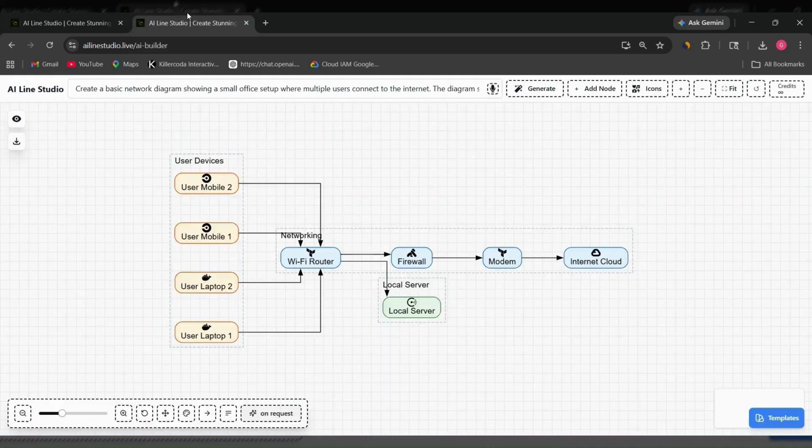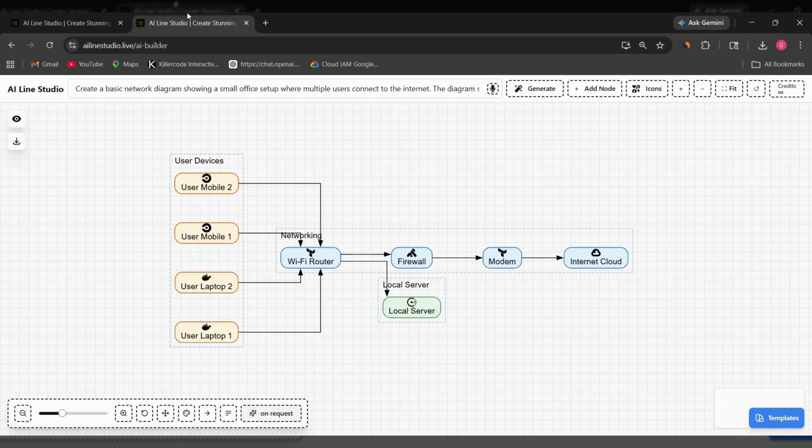So after successfully registering on the platform, the next page you would be redirected to is the workspace page. Over there you need to select the cloud architecture feature, and then in the next pop-up you need to select system architecture. Why? Because in ALN Studio the system architecture helps you create network diagrams.